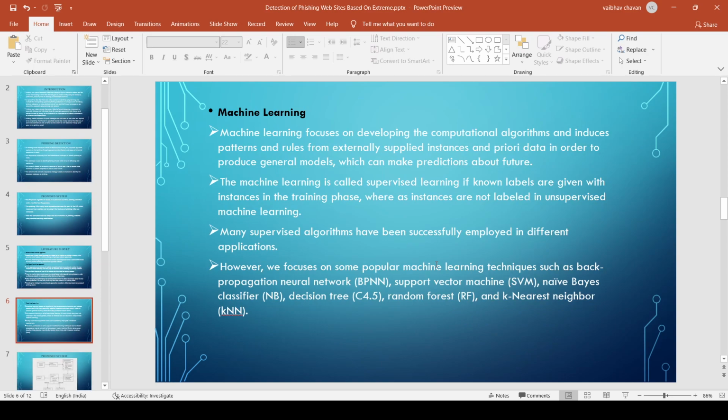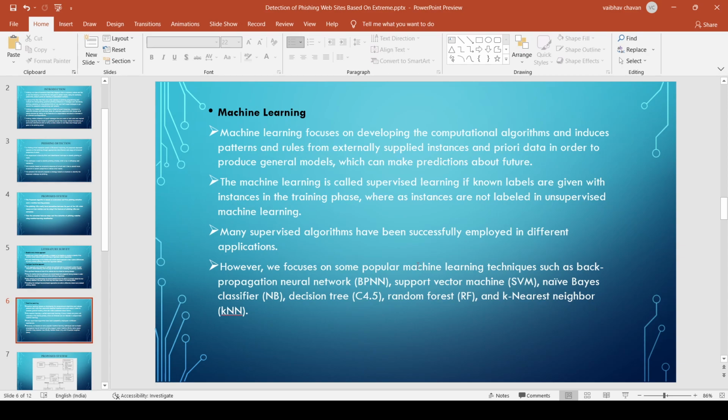The next point is machine learning. Machine learning focuses on developing computerized algorithms so we can detect a newly created site or any other site.